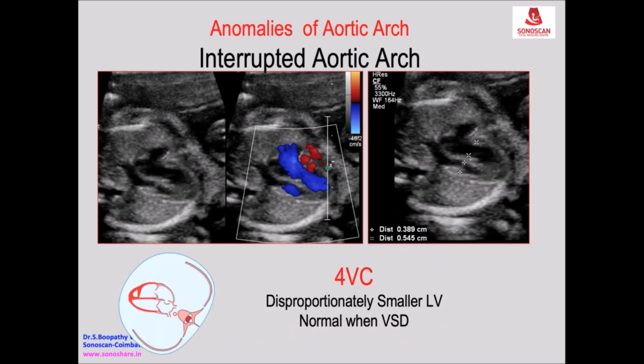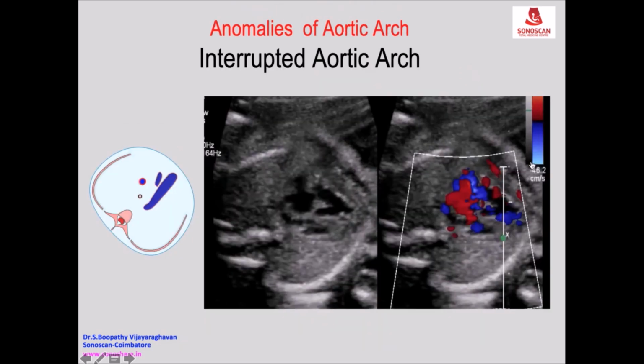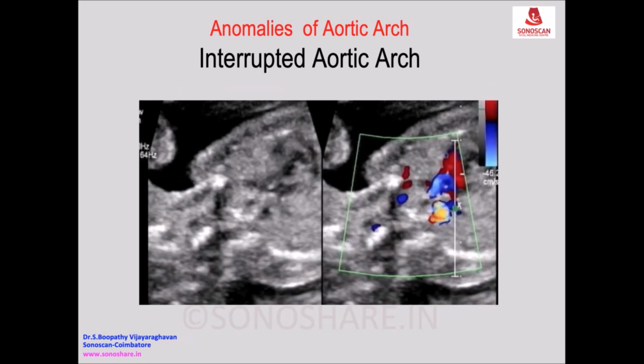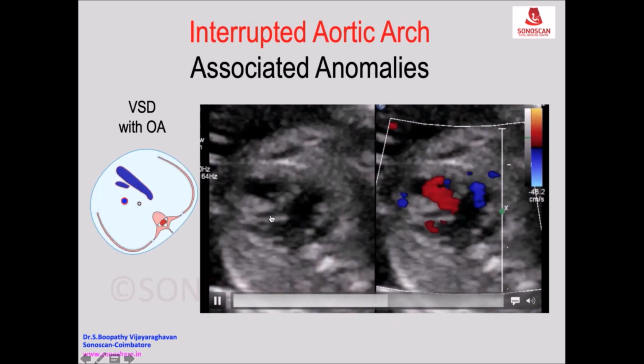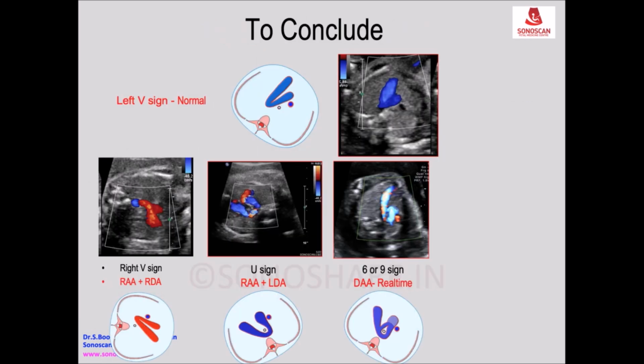So here the fetus shows four chamber view, you get aorta is thin and the arch is not continuous. There is discontinuity of the arch. So there is discontinuity, and if you take the arch view, there is a neck vessel. You don't see the arch. So that is typical of interrupted aortic arch, and you can see the video showing the VSD overriding, and when you come to the 3VT, you get a discontinuous aorta. Demonstrating the actual bifurcation of the aorta, that is more reliable.